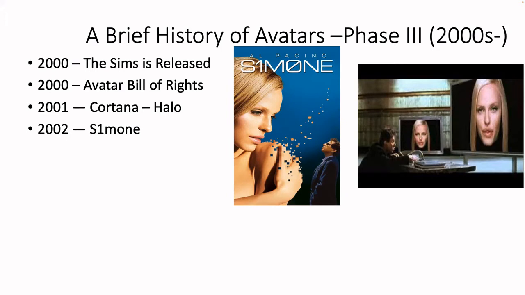In 2002, the movie Simone, starring Al Pacino, came out. And so Simone stands for Simulation One. So what happened was that Al Pacino's character was a movie director, and the actress who was his lead character, who was played by Winona Ryder, decided she didn't want to finish the movie. And so he somehow was able to get a hold of this software called Simulation One that could create an artificial human, one that looked pretty realistic. And so this presaged